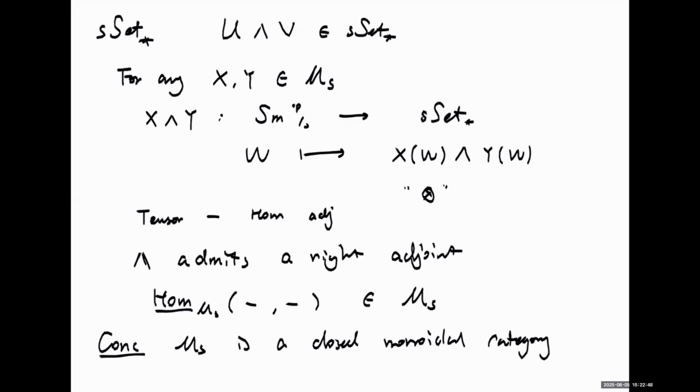Wait, what is the internal hom here? How do you define it? Well, you do it pointwise, basically. Does that make sense? So pointwise, this is closed monoidal, and you take the pointwise internal hom here, right? So you see that there are a lot of things done pointwise, and